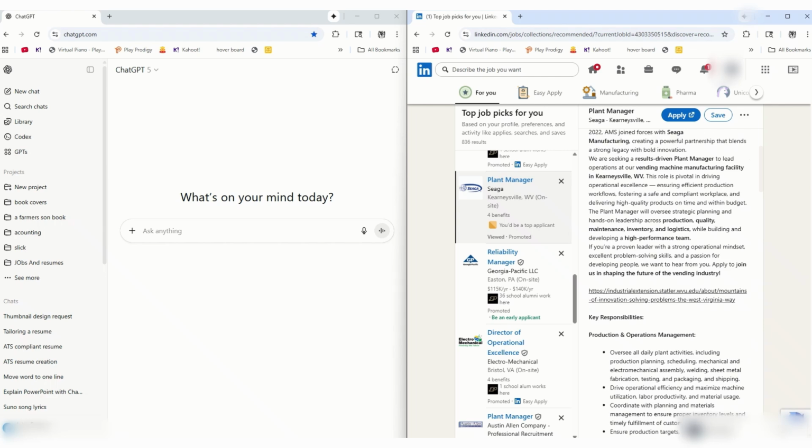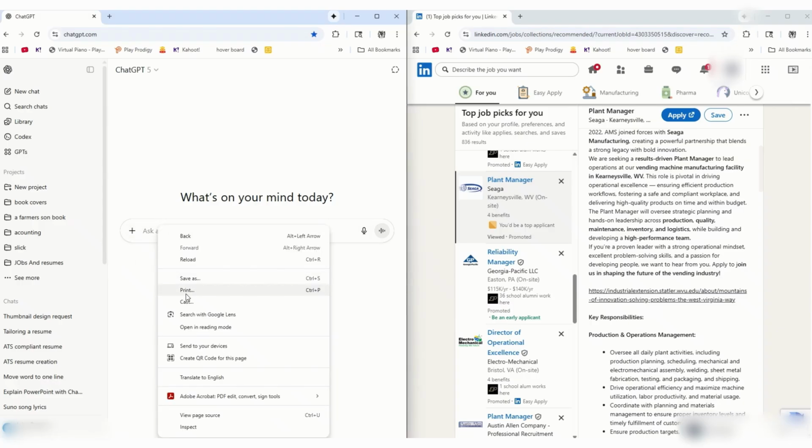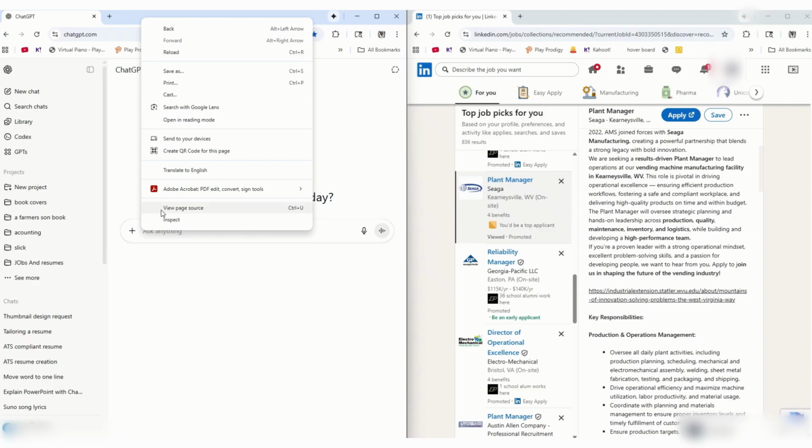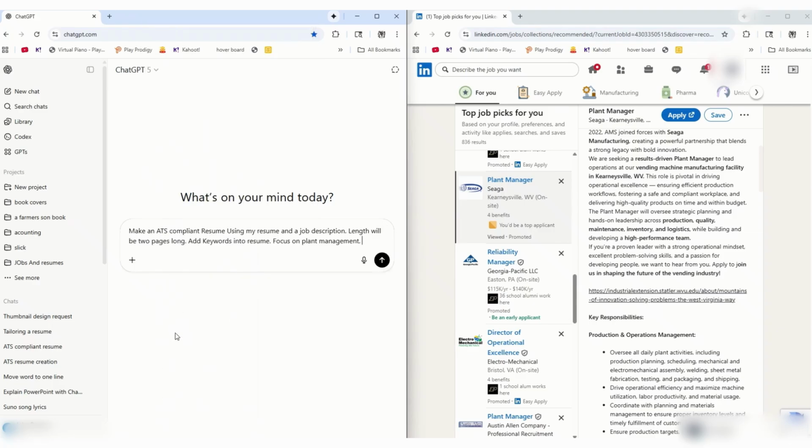So the first thing I wind up doing is I'm going to take my prompt, which I have copied off over here to the side, and I'm going to put it in ChatGPT. I'm going to have it make an ATS compliant resume using my resume and a job description. Length will be 2 pages long. Add keywords into the resume. Focus on plant management. Now what I like to do is copy over a little bit, write the word resume,